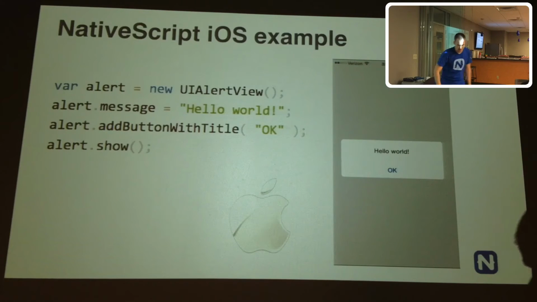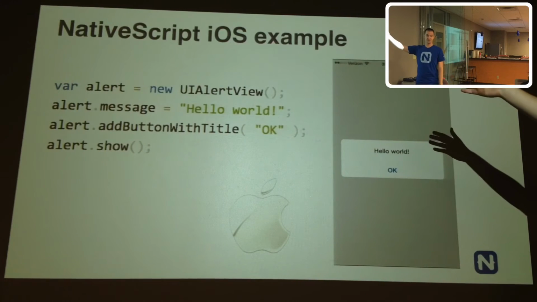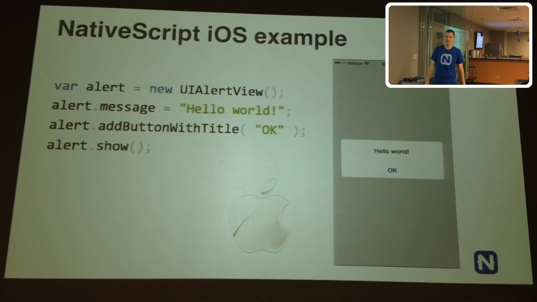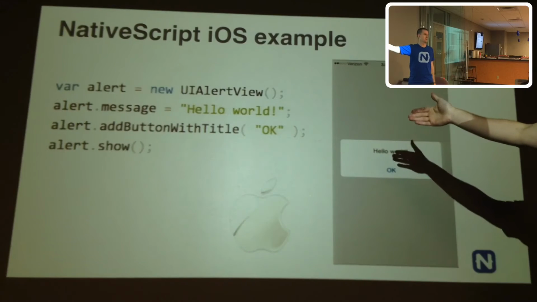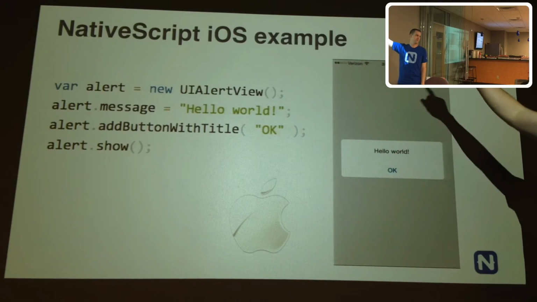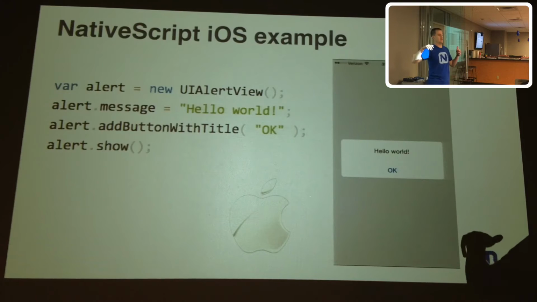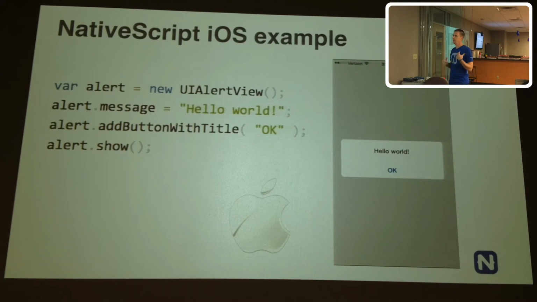So let's take a look at iOS. So you guys know some Objective-C and you know some iOS. Does that look like Objective-C to you? The same for UIAlert? Well, okay, not Objective-C, the language. But this is one way you could create an alert in Objective-C, but this is JavaScript code. This is the same UIAlertView, the same type of view in the Objective-C in the iOS SDK.